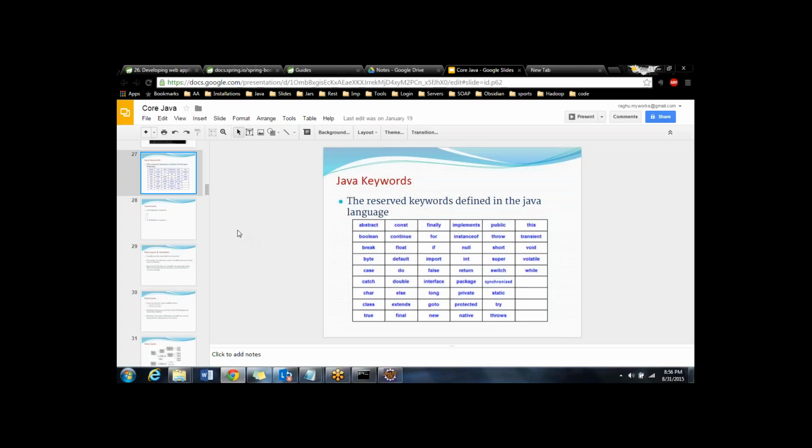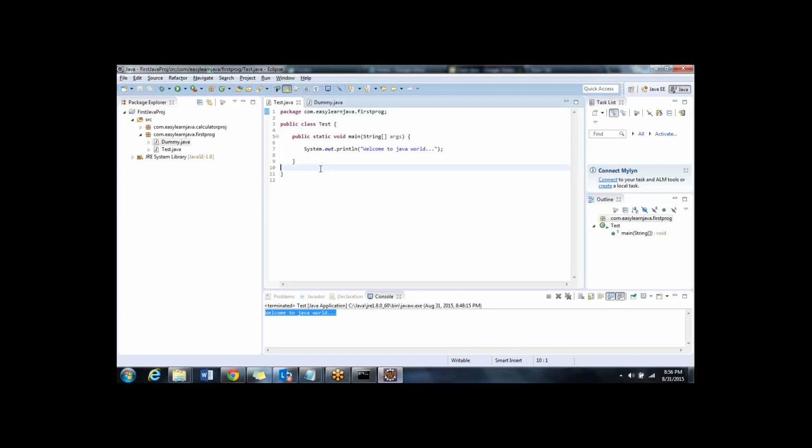Which we'll be using. And the next thing that I would like to tell everyone is, in general, whenever you write a program or a Java file or a class in Java, always make sure that you create a package and write a class inside that. That is considered a standard way of creating a class, or an appropriate way of doing that. Why? Because there are certain guidelines or rules which Java defines, like